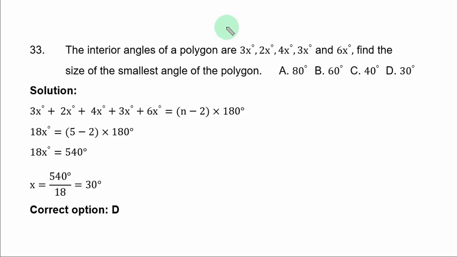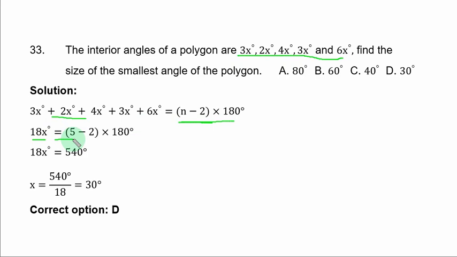Question 33. The interior angles of a polygon are 2s degrees, 3s degrees, 2s degrees, 4s degrees, 3s degrees, and 6s degrees. Find the size of the smallest angle of the polygon. Solution. The sum of the interior angles of a polygon is given by this formula, or you have 2n minus 4 times 90 degrees. So you add all the interior angles and you equate it to the sum. So you have 18s degrees equal to,